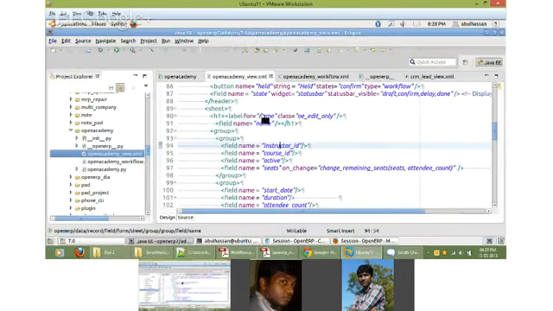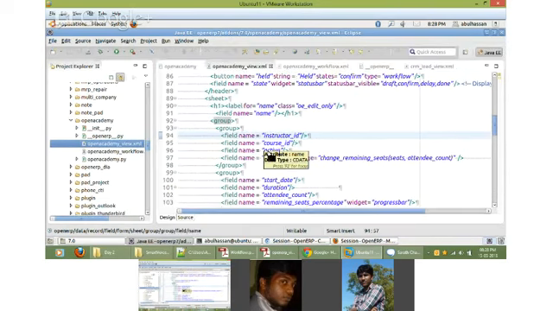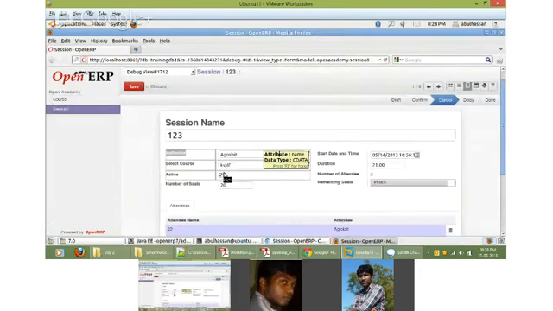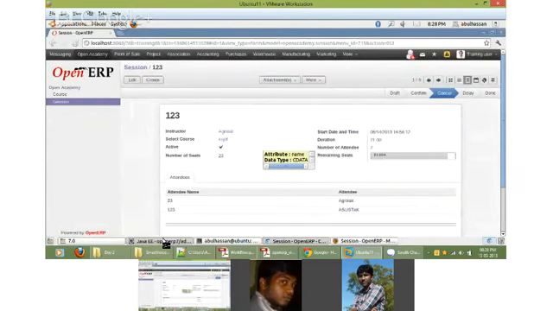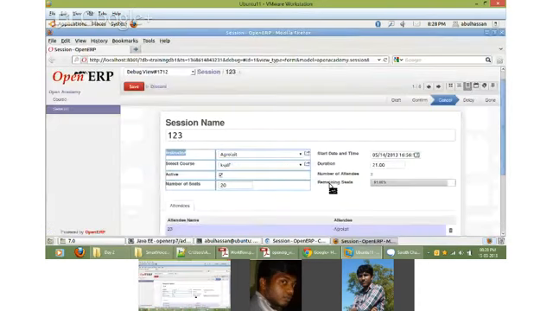These are the field names, and I have given groups. I put instructor, course, and active in one group, and in another group start date, duration, attendee count, and rate.